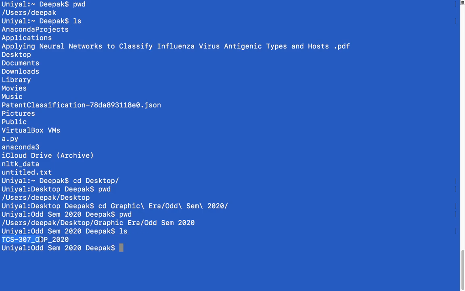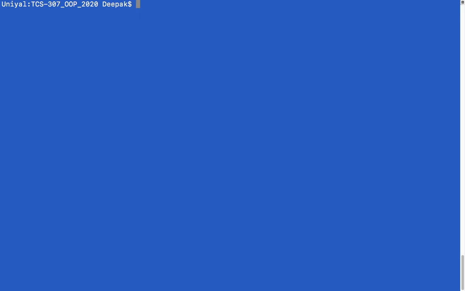Now press ls and see which directory is inside that. It is tcs 307. So I will write cd, write t and press tab, and now it's auto completed. Now again see there is another directory inside that, lectures, and all the video tutorials I am recording will be inside that, right? You can press Ctrl L and clear all these things.